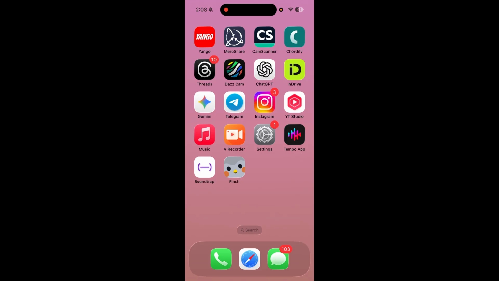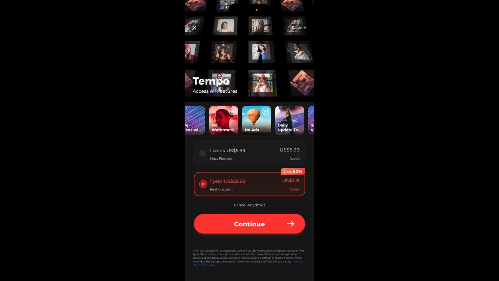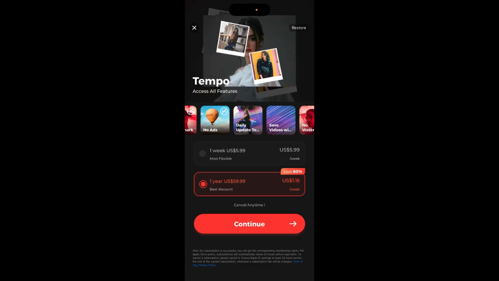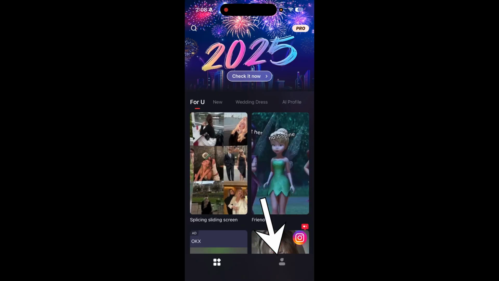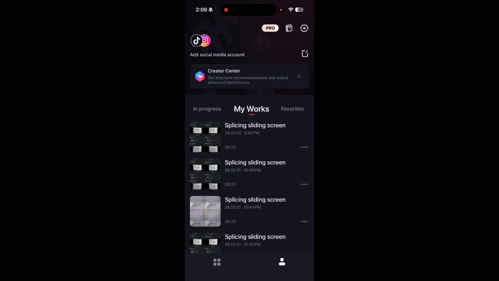First, you need to open your Tempo app on your phone and make sure you are logged in. And from the home screen you need to open the project you want to share on TikTok. Once you reach this dashboard, you can simply go to your profile icon in the bottom right. Over here you'll find tons of drafts. What you can do is simply tap on the draft that you want to send to your TikTok, and